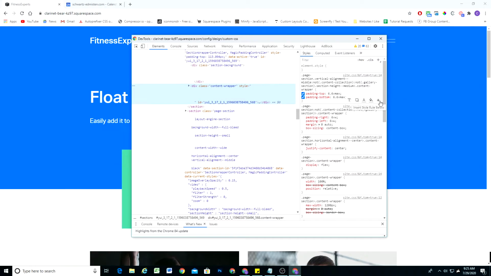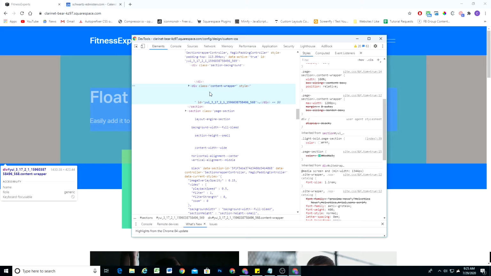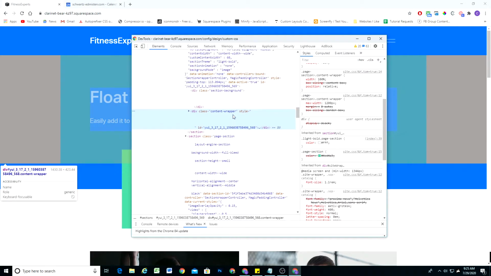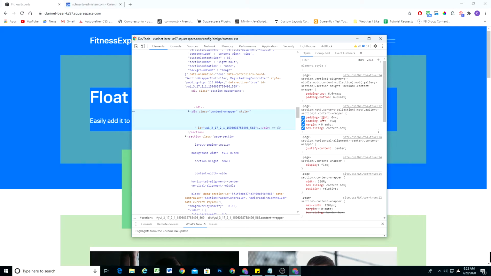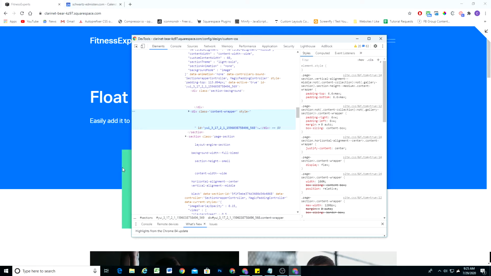So basically it gets a max width of 1200 pixels because that was my site width. So the page content can't get any wider than 1200 pixels. But there's also this site margin as well. So it also has a padding right of 6 viewport width units and a padding left of 6 viewport width units. So if I want the edge of this floated section here to line up with this content here,